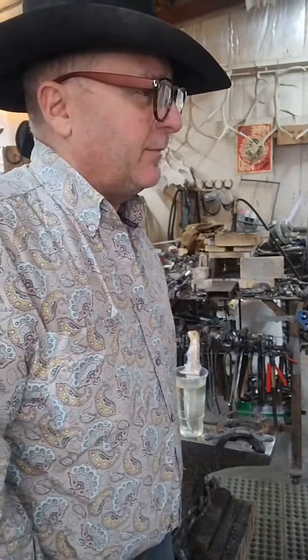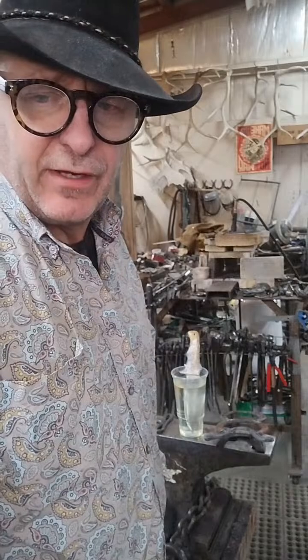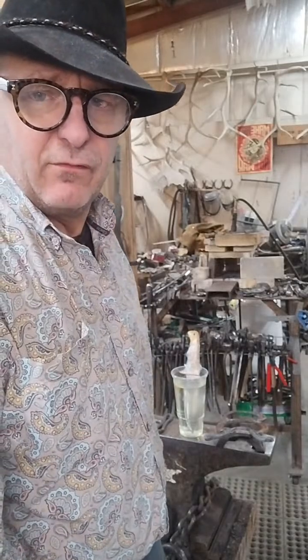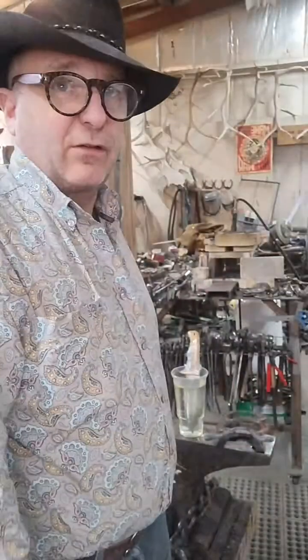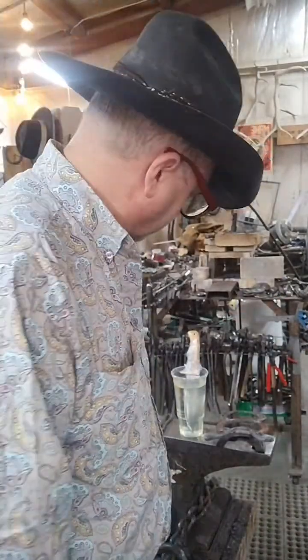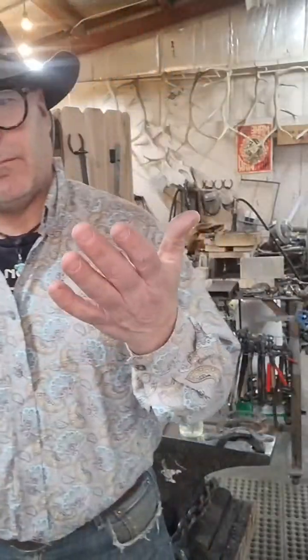Number one, I don't want to build a wind chime because I hate wind chimes, because the wind blows 100 miles an hour every day in Cody, Wyoming, and you end up fixing every wind chime. I get 6 women a year that come in here and I have to repair their wind chimes. Ain't doing it. Nope. I tell you what, you want me to build you a wind chime, I'm going to lay my hand out there. And you bring a wad of $100 bills. And when you can put enough $100 bills in there that I think it's worth me building a wind chime, I'll tell you to stop. I ain't building no